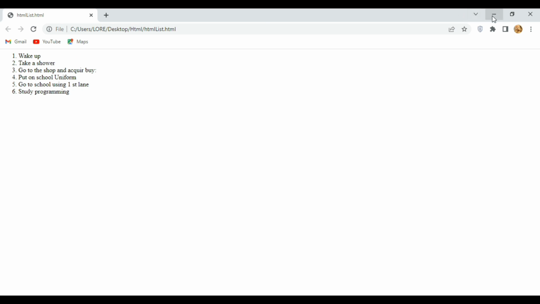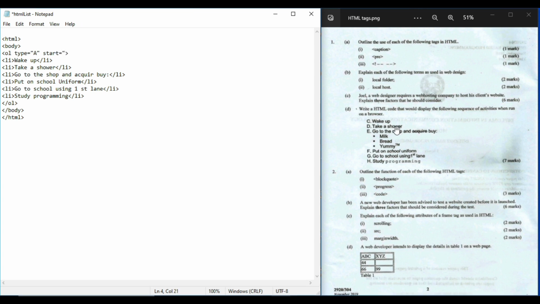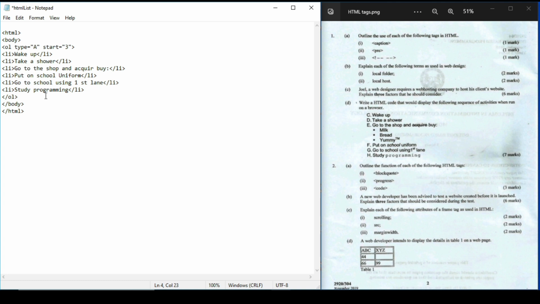So what we're gonna do is go back to our code and we will insert the type attribute on the opening OL tag. And to represent the alphabets, we're going to use letter A. So it will be type equals quotation marks, A, close quotation marks. And because we want the alphabets to start from C, we're going to use the start attribute. So it will be start equals open quotation marks 3 close quotation marks. So, and we can save that